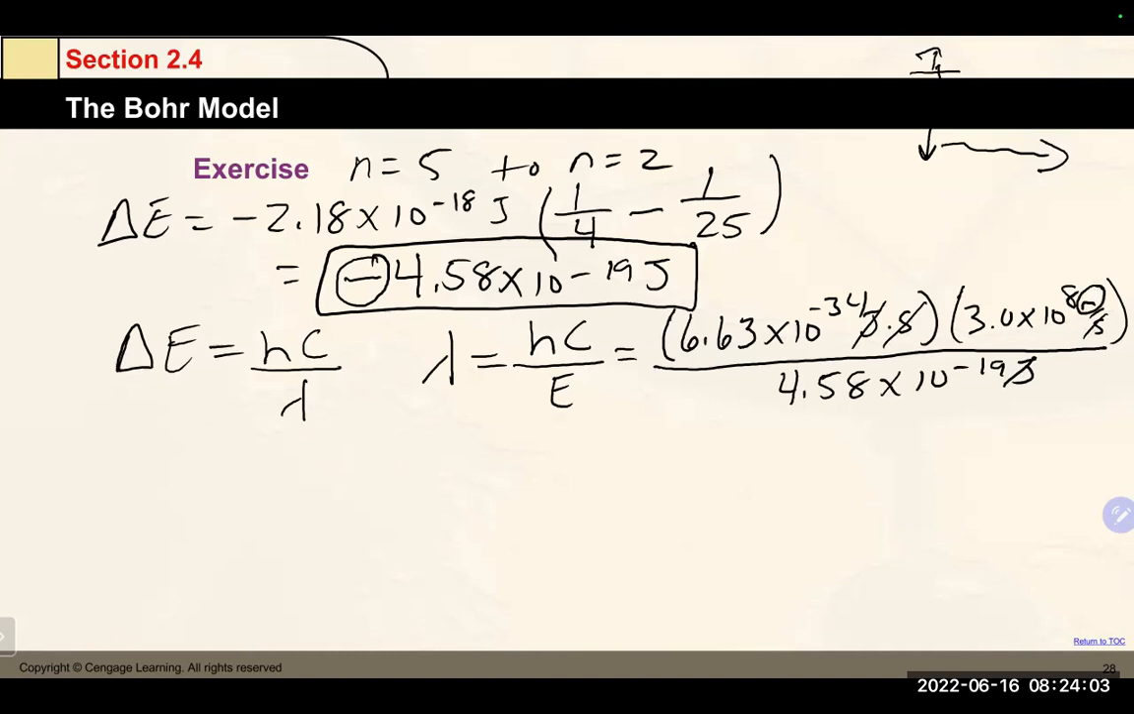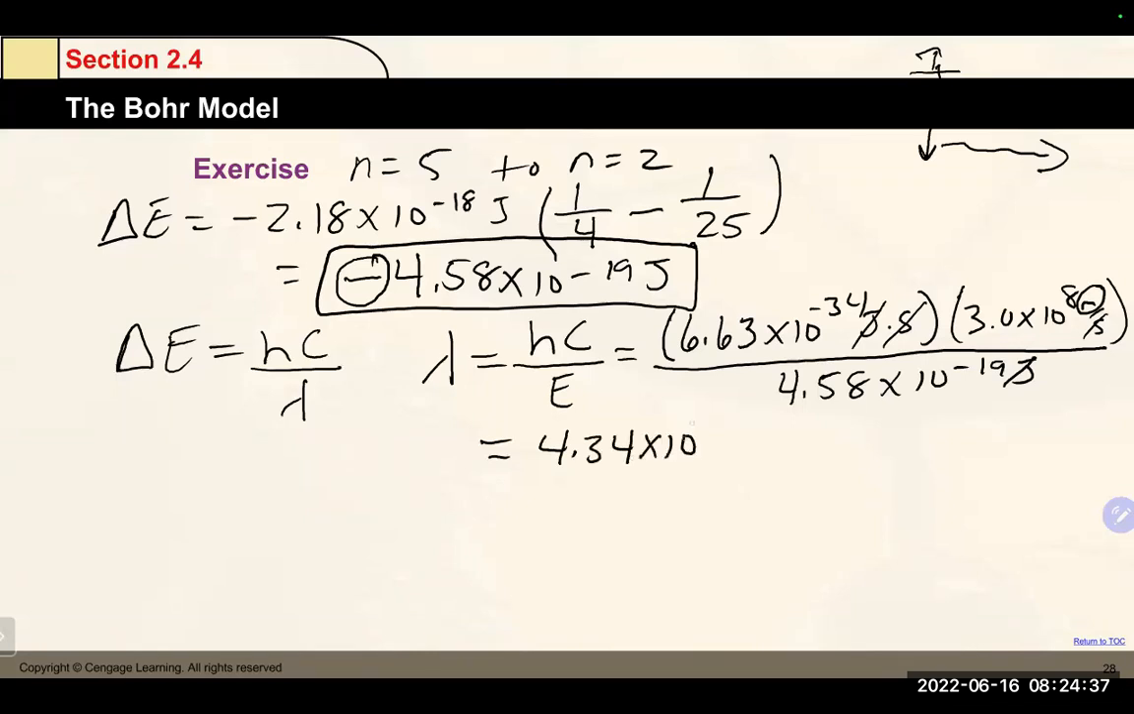We want to make sure that we do use our exponent button, obviously, on all these. So 6.63 exponent negative 34 times 3. That is not my exponent button. I want to hit the right one. There you go. To the 8. All right. And we're going to divide it by our 4.58 to the negative 19. That is going to give us a wavelength of